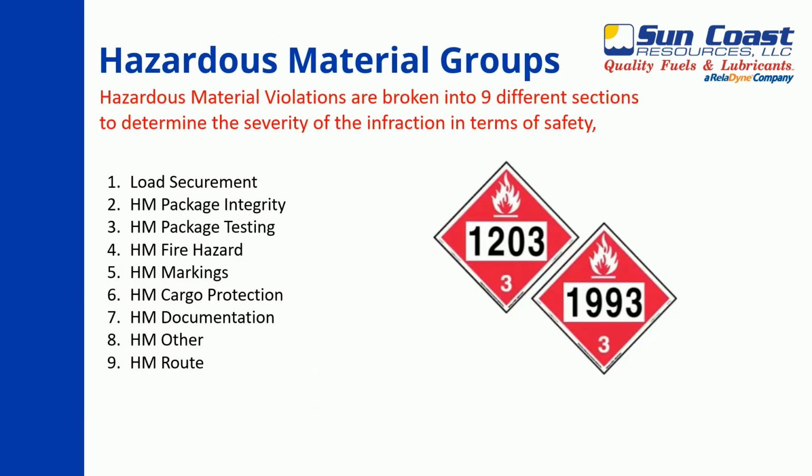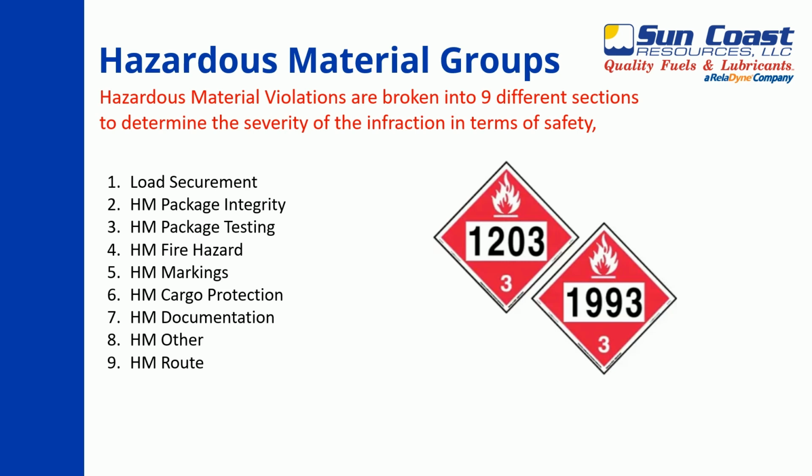Hazardous material violations are categorized into 9 different sections to assess the severity of the infraction concerning safety. Each section has a severity weight, which reflects the violation's potential impact on crash consequences and occurrence. The severity weights are scaled from 1 to 10, with 1 indicating the lowest crash risk and 10 indicating the highest. The categories and their corresponding severity weights are: